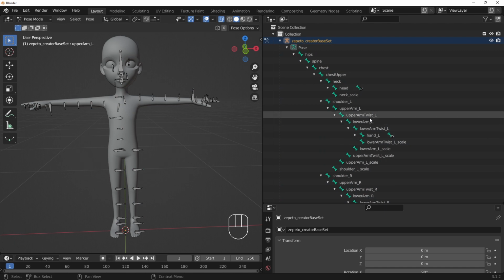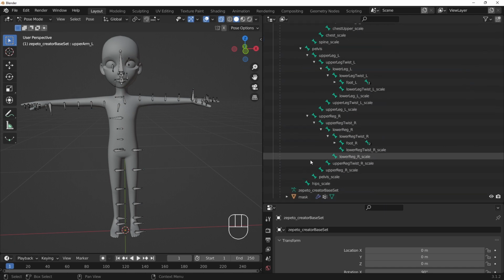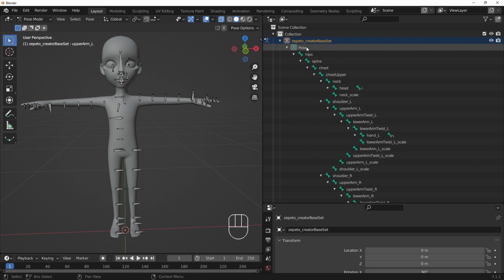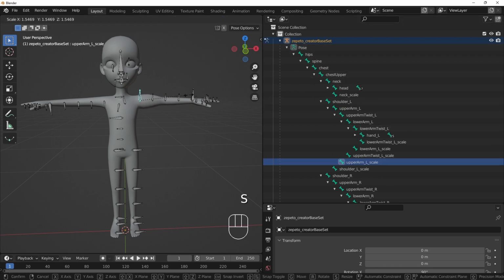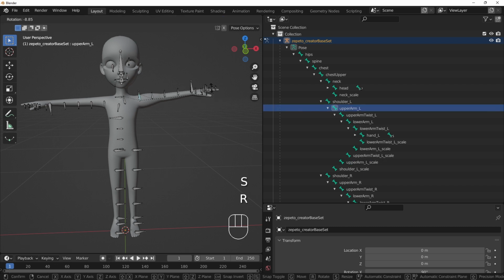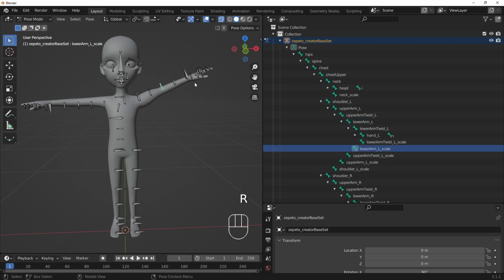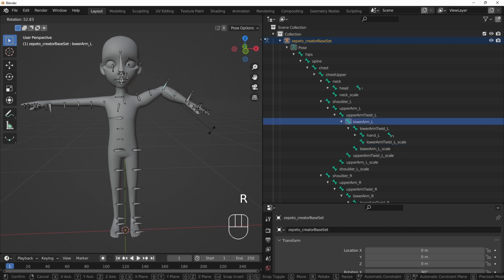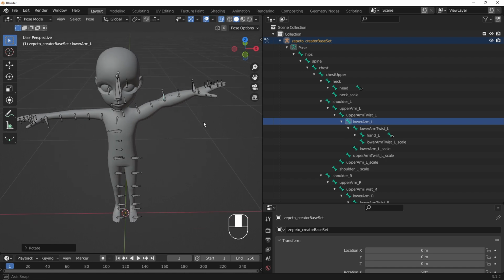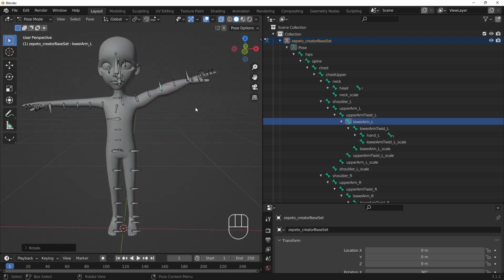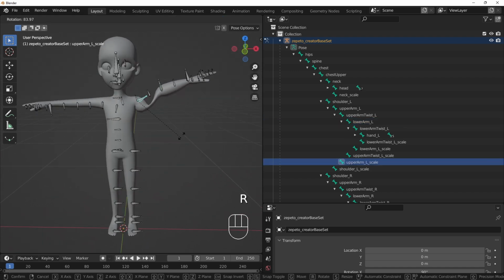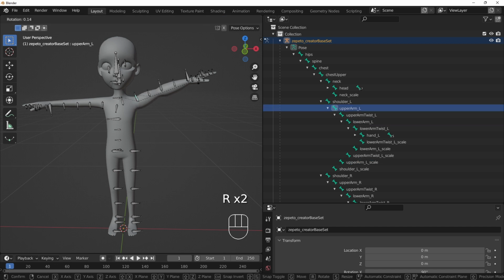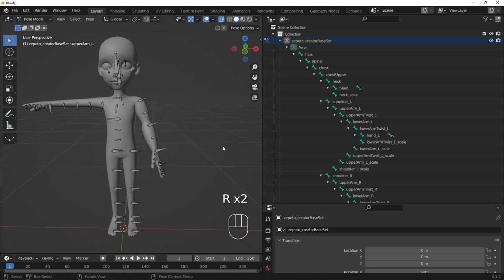The Zepeto skeleton is set up with a set of scale bones following a set of corresponding non-scale bones. The scale bones serve to handle body shape deformations, while the underlying bones serve to handle posing and animation. When the avatar moves, the base bones will do all the motions for the poses, while the scale bones follow the base bones while set at a certain size. Item meshes are rigged to the scale bones so that the item will move with the Zepeto avatar while retaining body shape options.